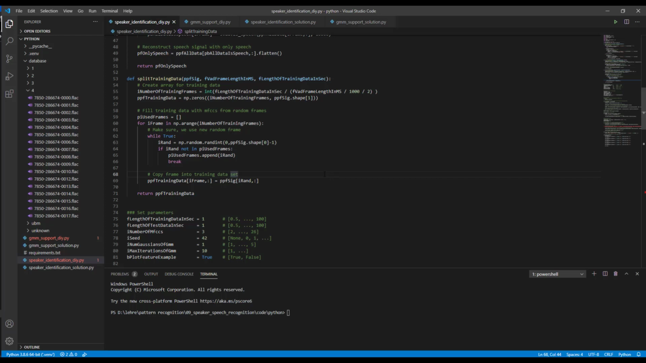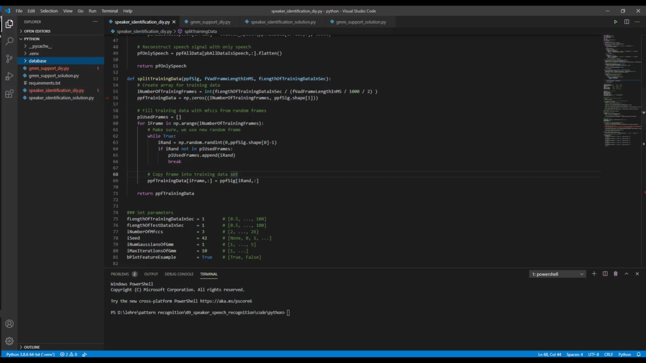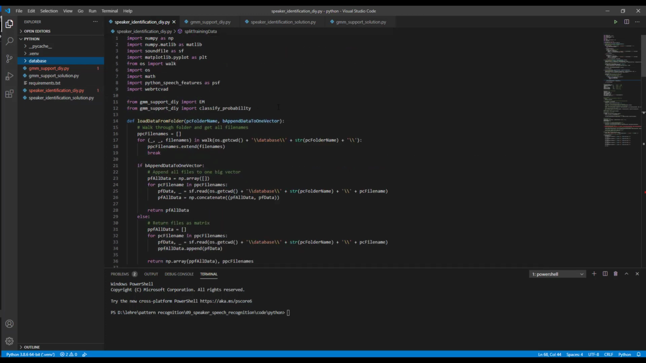So let's start. I will start with the DIY version of it, so the speaker identification DIY. At first, we have some imports that are also in the requirement.txt, so if you install the virtual environment, you don't have to worry about it. We just use NumPy for all the math stuff, sound file for loading the files, matplotlib for plotting the stuff. We have a more special version, a Python speech feature package that we need to calculate the MFCCs, and we also have a package for voice activity detection,